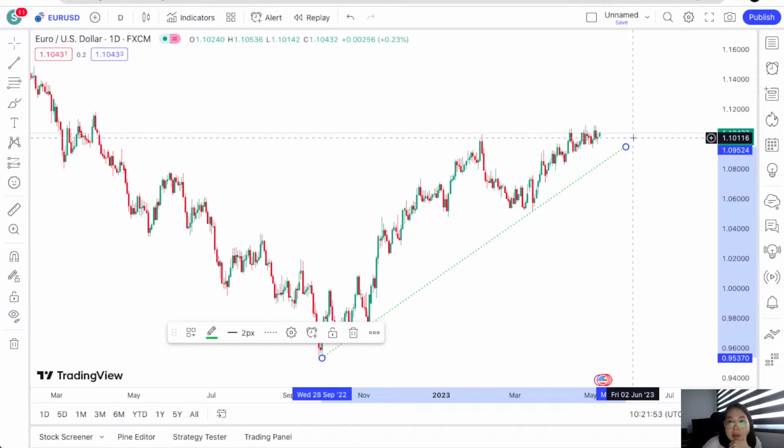Okay, ideally, I would want to see price come back and retest this trend line, because it was respecting this trend line very nicely in the beginning, right? Then it came back and respected this trend line again. Ideally, what I want to see is price come back to retest this trend line. Somewhere on this trend line, I want to enter for a buy. That's the ideal scenario.